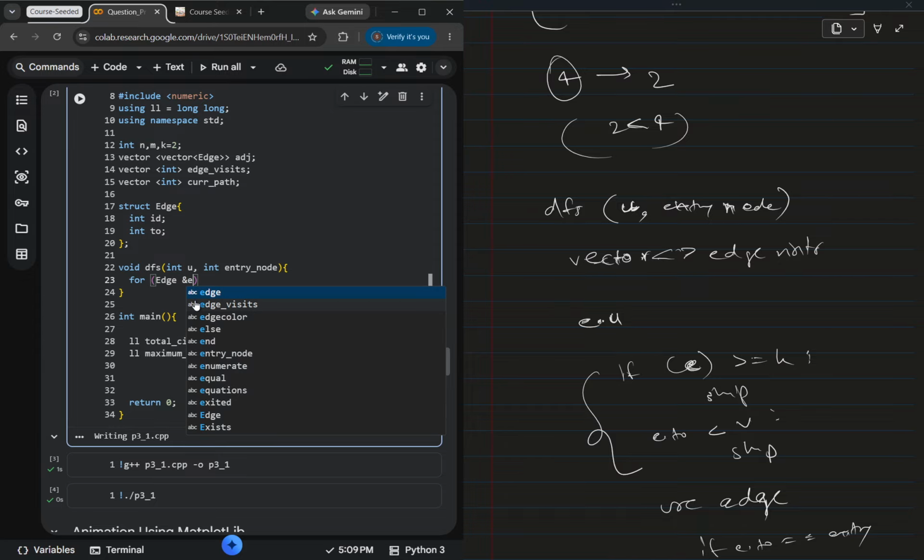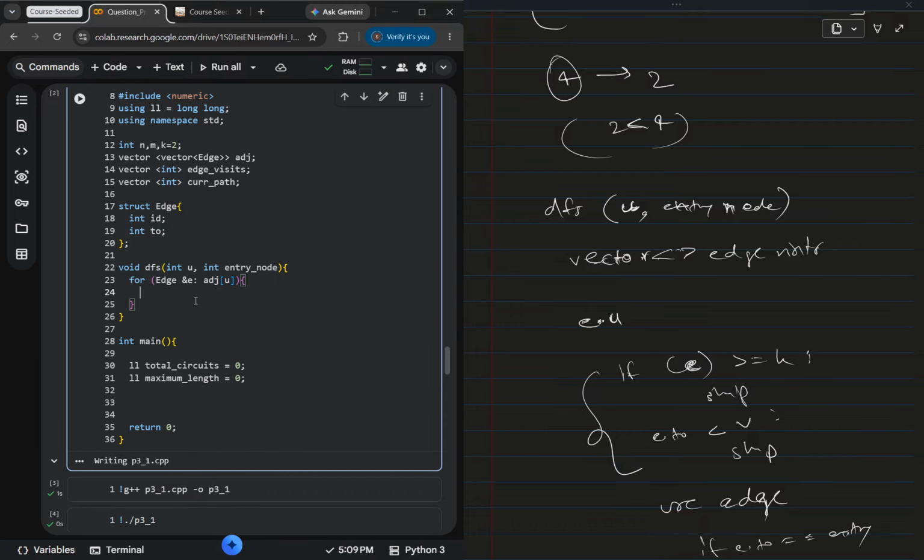edge e. We don't need the ampersand, I think, over here, but let's just keep it to be safe. Basically it helps you in calling directly from the memory where it is saved. But this also creates some cache which will be usable afterwards. If you understand the cache, then you'll understand half of the things in your computer science engineering. But yes,